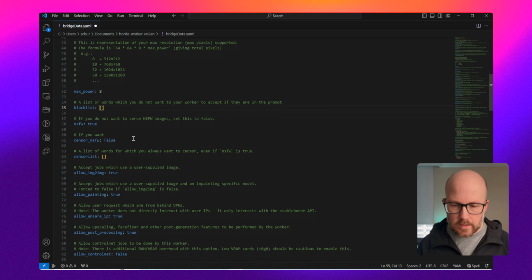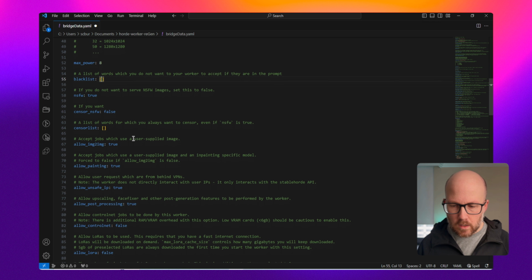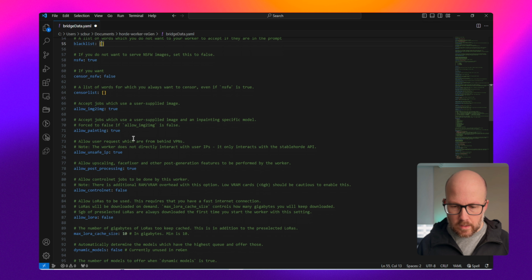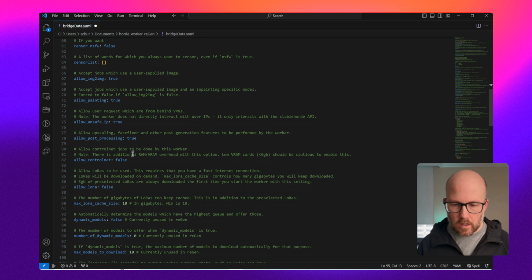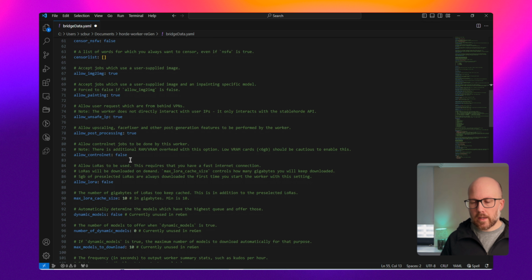If you want to have not safe for work images allowed or not, and then the censoring of those, and so on and so forth. Now, as far as what I've realized whenever letting this run over last night and then throughout today, I was kind of playing around with it,